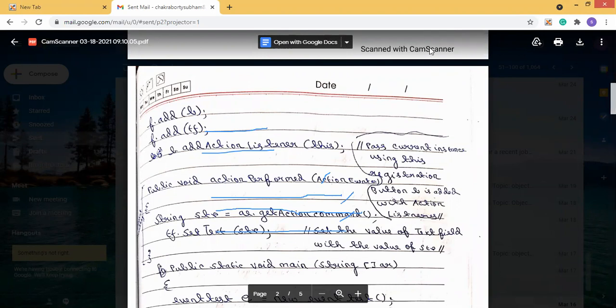How should we put them into the frame? We have to call the add method using the Frame class object.